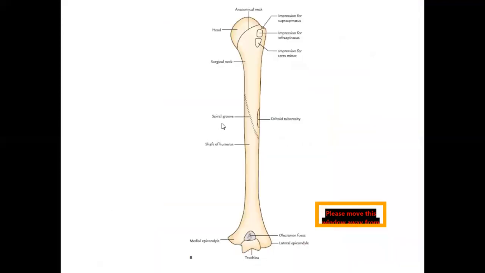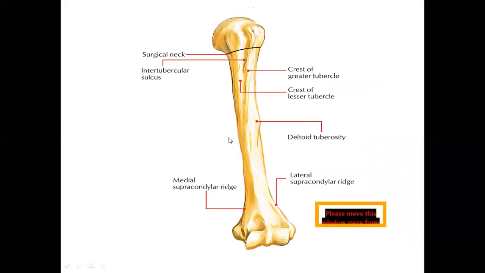So these are different pictures from different textbooks. Okay, the axillary nerve is around the surgical neck of the humerus, the radial nerve is seen in the radial groove, and the ulnar nerve is behind the medial epicondyle. It is labeled. Okay. So this is the fracture you find at the lower end of the humerus. Okay. Now, these different pictures are for the same bone.